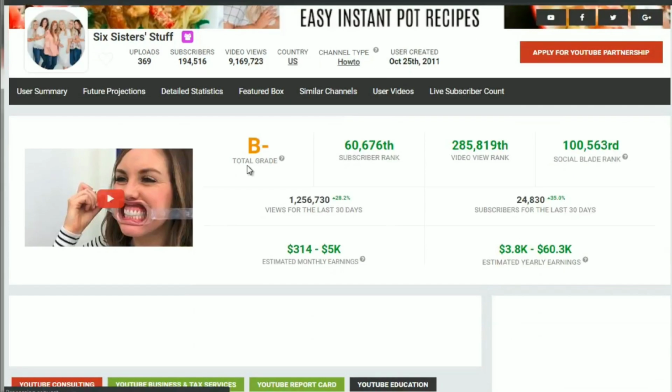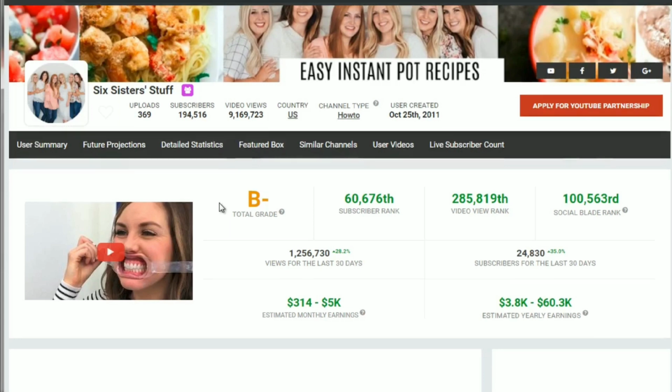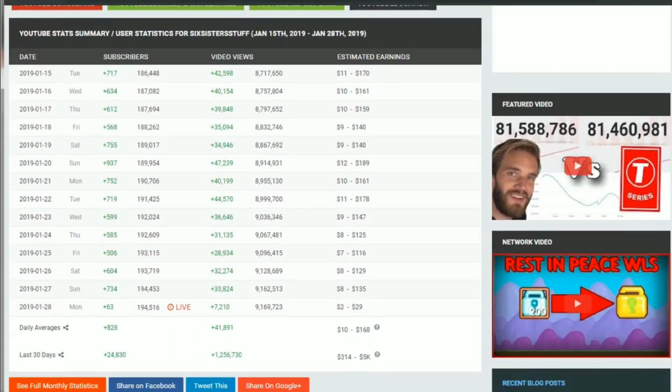So right off the bat, we can see that if we were to rank on the keyword Instant Pot, it's going to take a lot to break through. But the way we can break through is by using essentially subcategories of that keyword. So Instant Pot recipes or Instant Pot chicken recipe, stuff like that. So we can see that each one of these has about 100 to 200,000 subscribers. So you're going to have to be competing against that. Now, obviously, if you have a